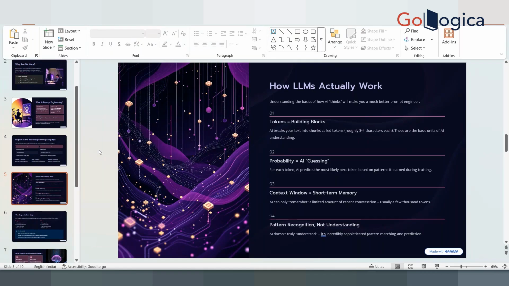Next part is context window. The context window is basically the short-term memory. So what is short-term memory? You can say RAM, volatile memory, in terms of computers. In terms of computers, RAM is the correct answer. In terms of humans, short-term memory is something which is currently needed to remember, and then we don't need it. We just remember it for the current situation, and then we don't care what is going on for that particular moment. Like this, we can say.